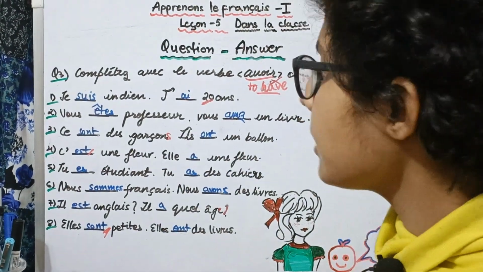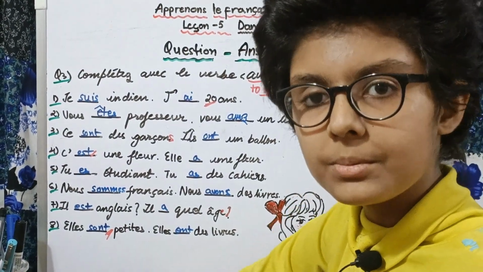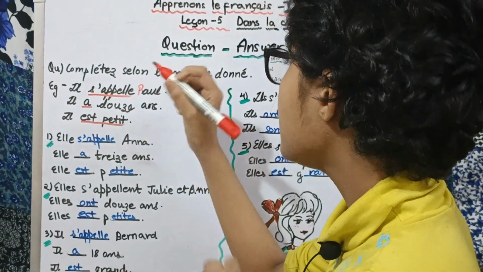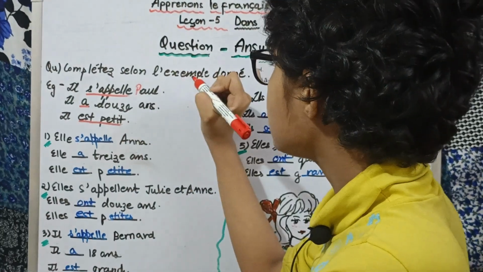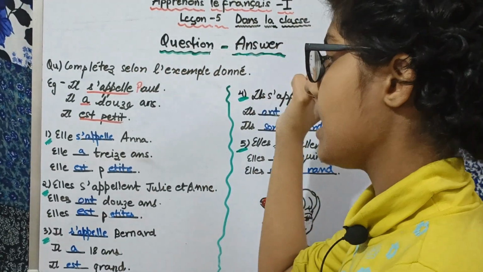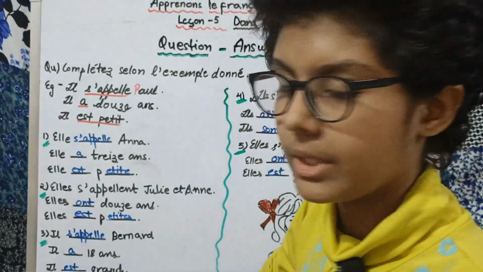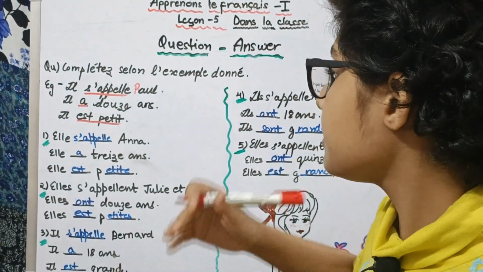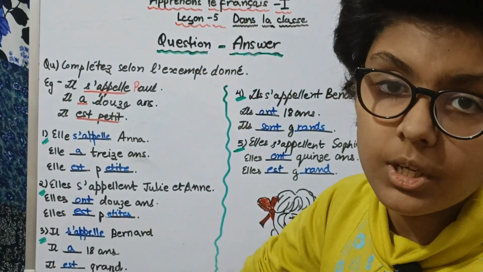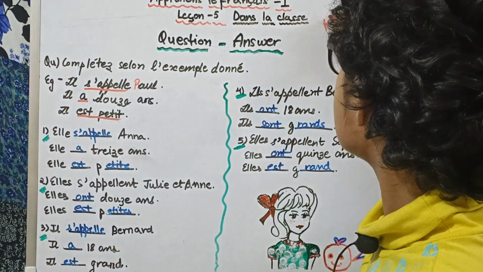So now here we have completed the question number 3, and let us go on to the question number 4. So now here we are at the fourth question, and let us start reading it. Complétez selon l'exemple donné, which means complete using the given example. So now before reading anything or understanding everything, we first need to know what this question is trying to teach us. So the topic that is here is how to introduce